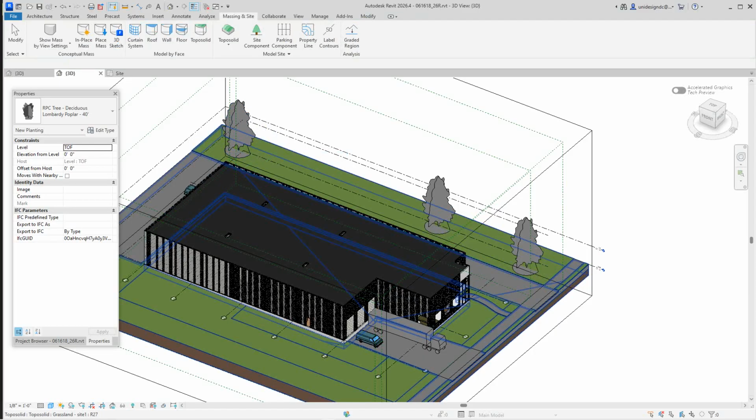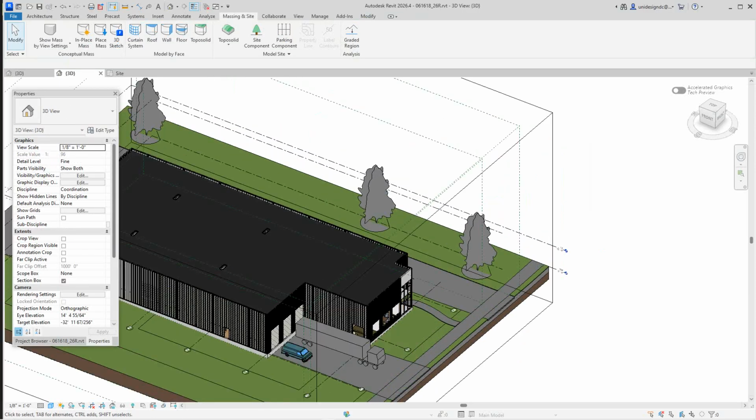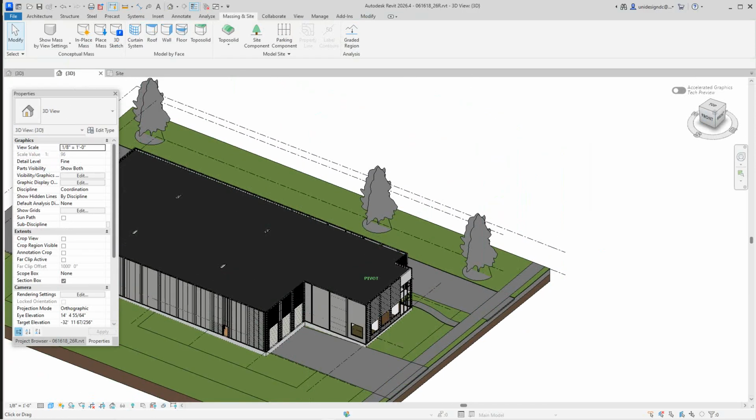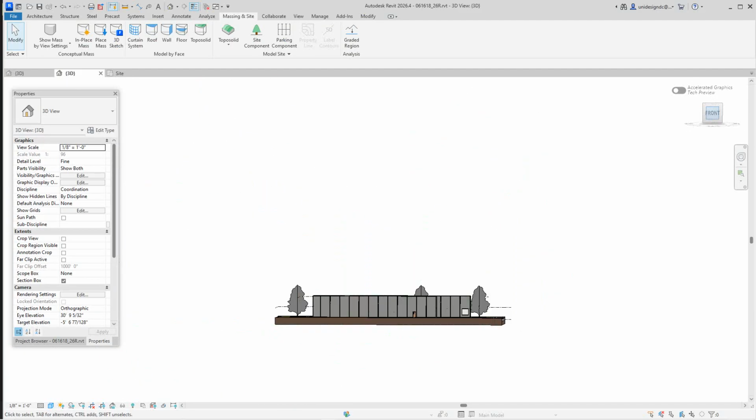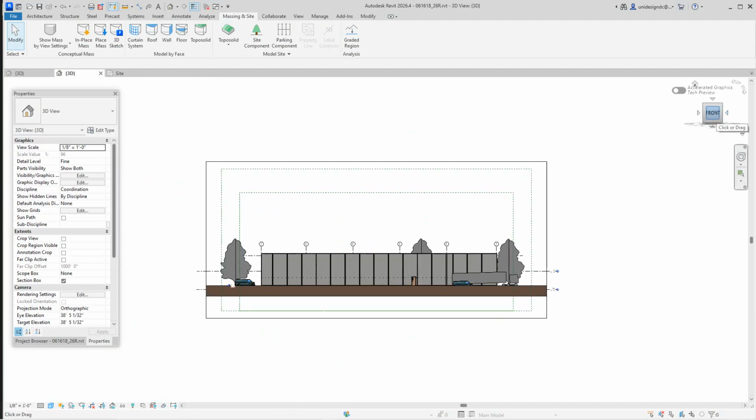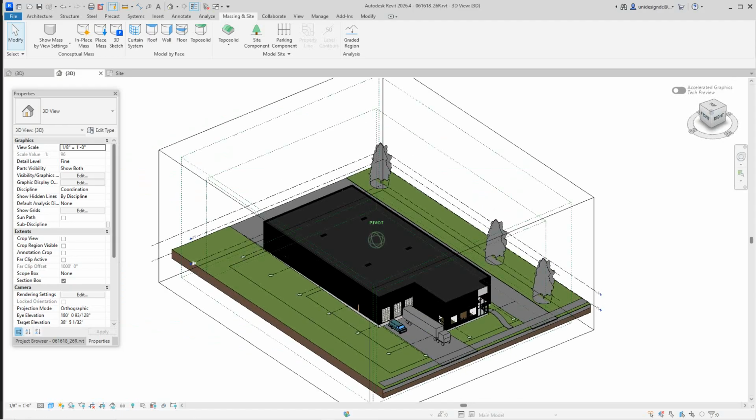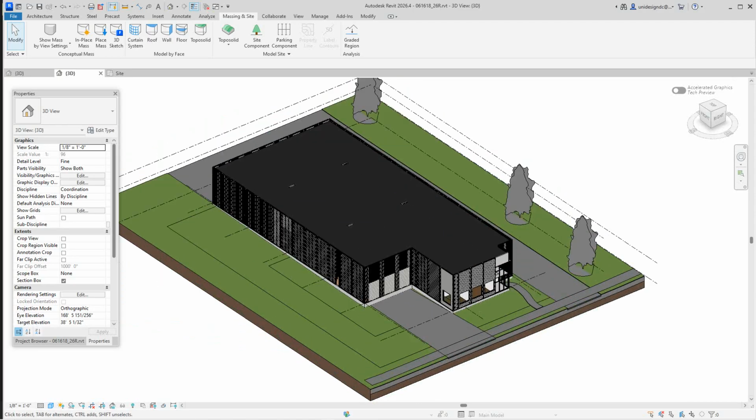So there we go. We've got a few more things going on here, but that's how our building would actually look, using Topo surface with concrete and